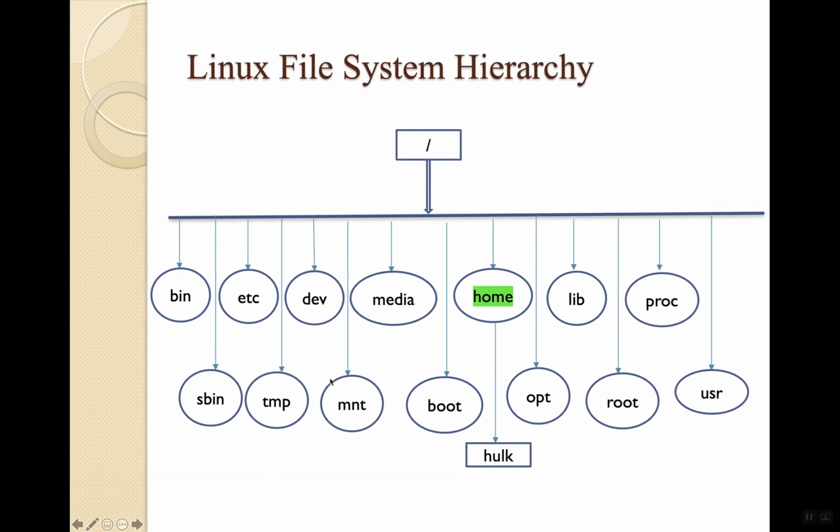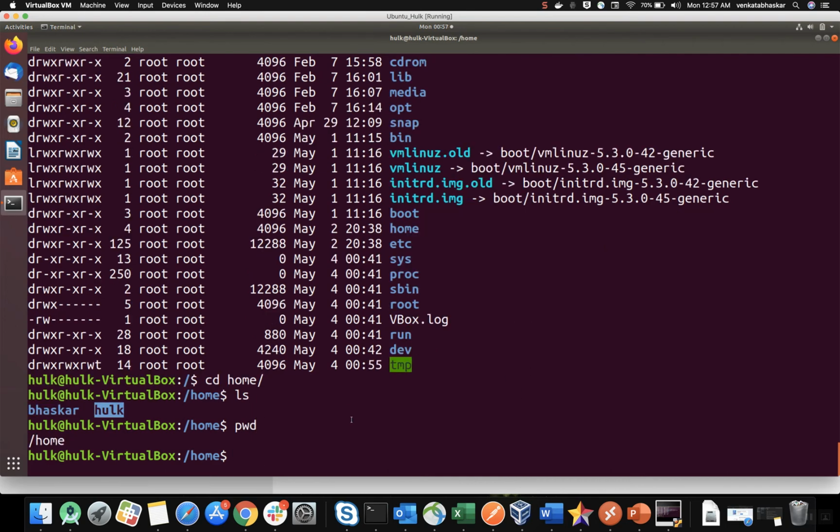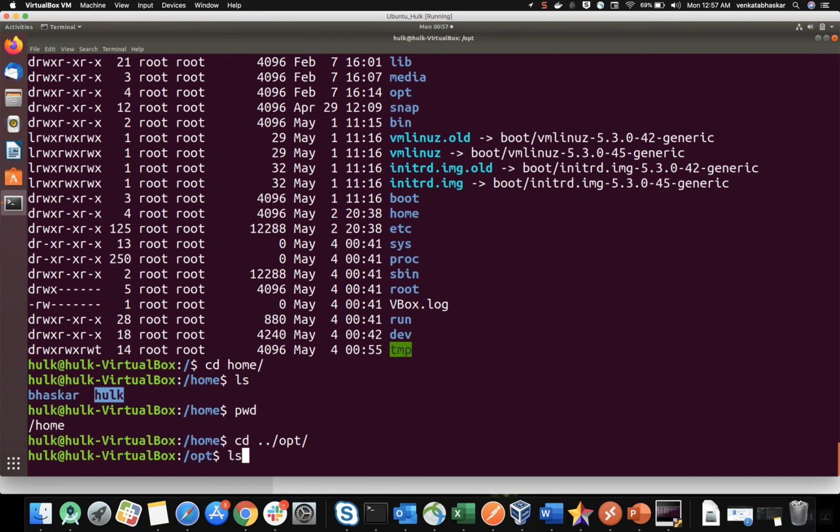Okay, and there is opt. If I want to go to the opt directory, if you see here, my present working directory is home. From home I want to go to opt. There is one more way you can do it. If I want to go to my parent directory, how can I go? Dot dot, again slash, type op and click tab. Suggestions you will get under op. If you have 3 types of folders, it will give suggestions to you. If I go here, see, ls command.